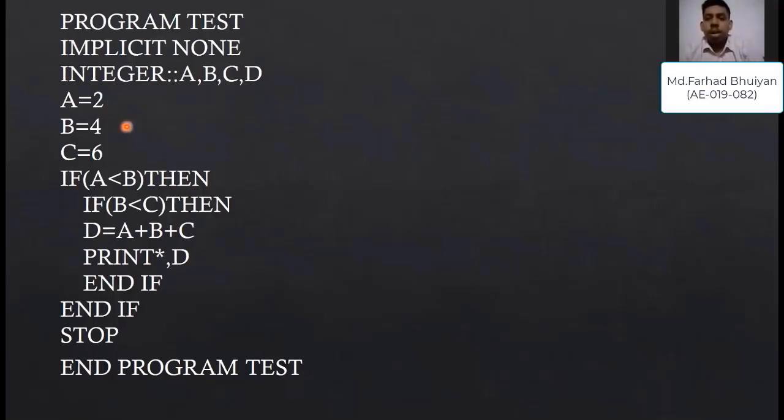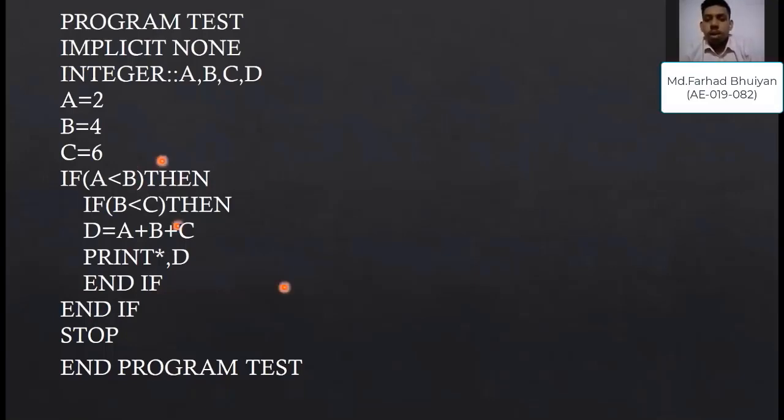If A less than B, then if B less than C, then D is equal to A plus B plus C. We have to print D to show the output. Here, if the first two statements are true, then the sum of A, B, and C will be stored in D. By running this code, the output will be 12.